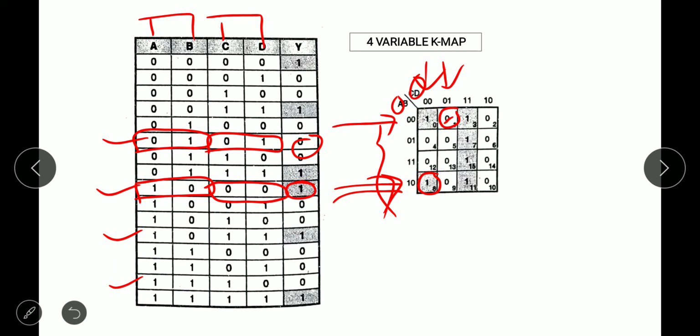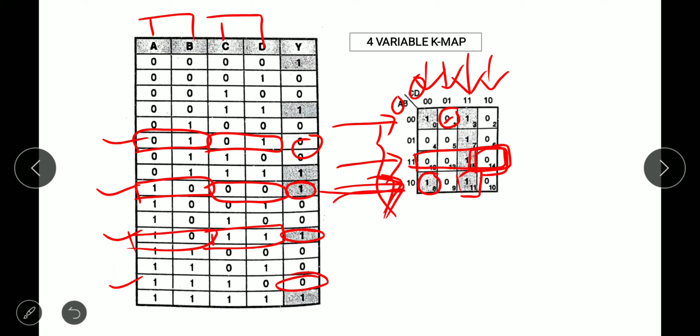Now 1 0, again 1 0, like this row, and what is 1 1? That is nothing but this column, so you write 1 here. Then again 1 1. Where is the 1 1? The third row. Then you concentrate only on the third row. What is the next value? That is 1 0. Where is 1 0? Here. So there we write 0. Likewise you have to put the K-map values in the table.